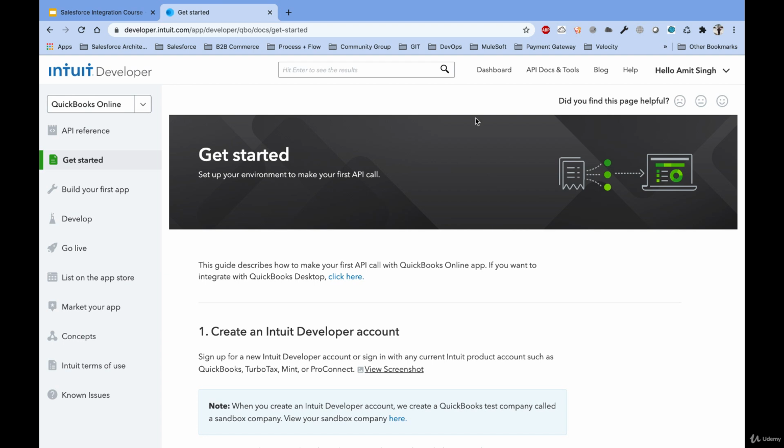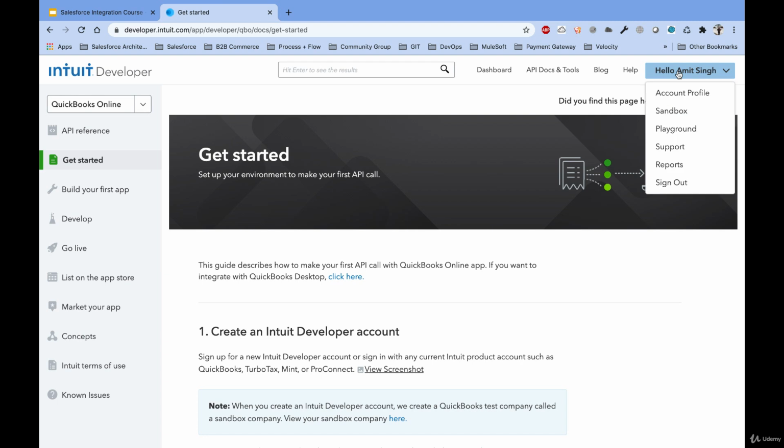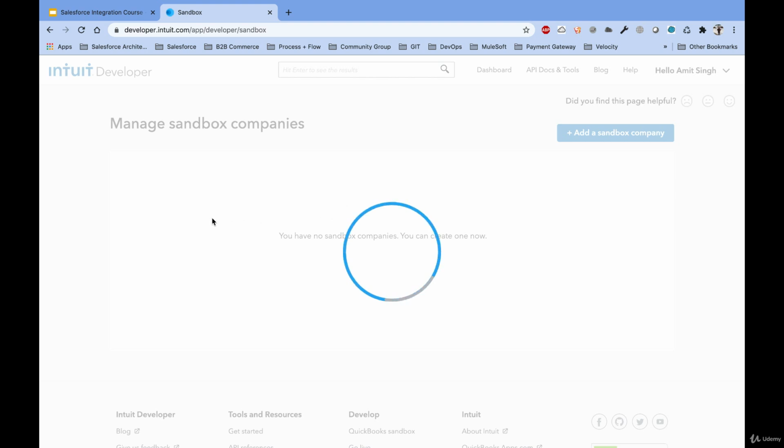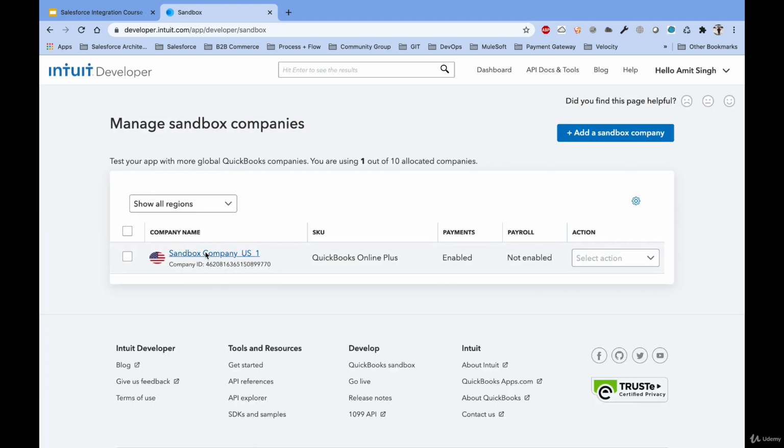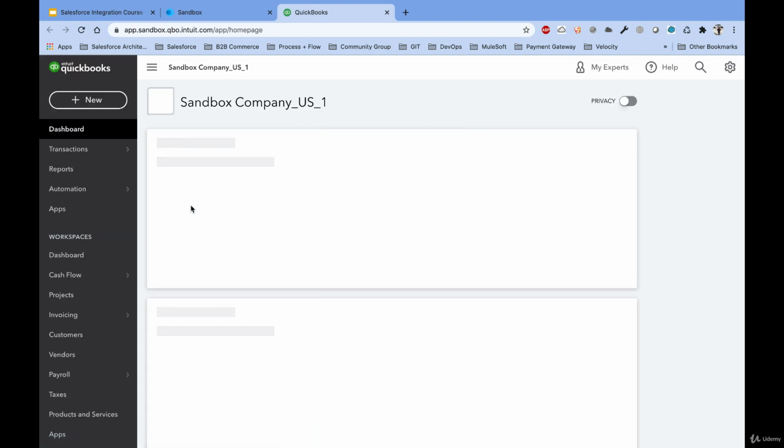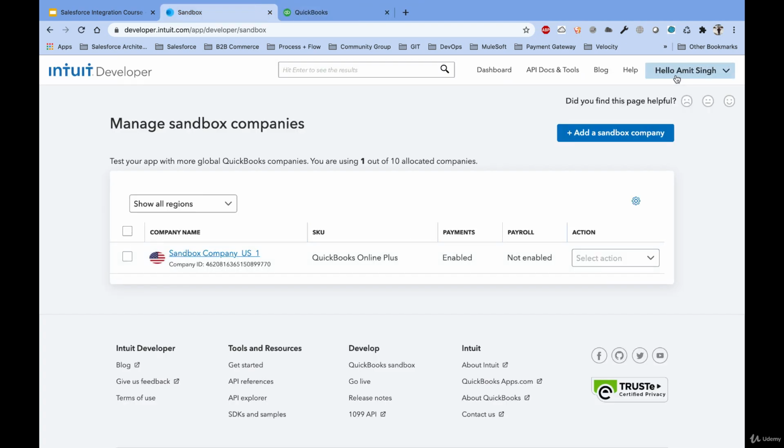If I wanted to go to the sandbox or to the dashboard, first I will show you how I can go to the sandbox. Just click on your name that you get here and click on this sandbox, and here you will see the default sandbox that you can click, and it will take you to the default sandbox. That is how you can go to your default sandbox that you will get in the Intuit account. You don't need to worry about how you are going to set it up. Just click on your profile, click on sandbox, and then click on the name of the sandbox that you have,